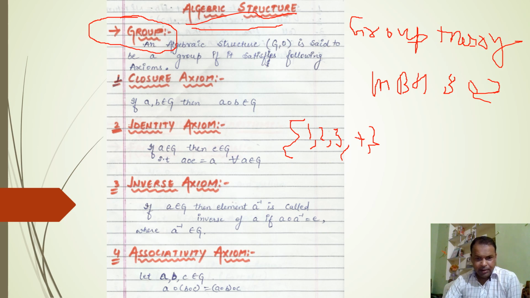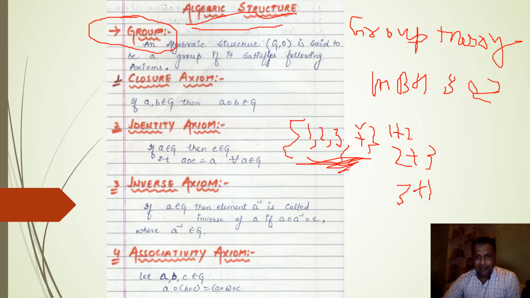So we will discuss on this set. Here there are three elements and this is an operator. These elements can be associated to others with this operator sign. That is, we can calculate 1 plus 2, we can calculate 2 plus 3, we can calculate 3 plus 1 and so on. The commutative property is also allowed here. So these operations can be performed on these elements. So this structure will be known as an algebraic structure.